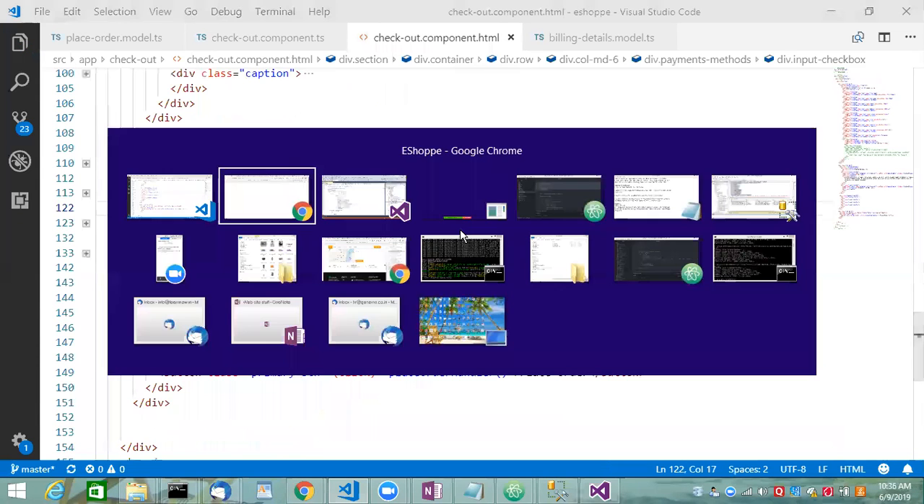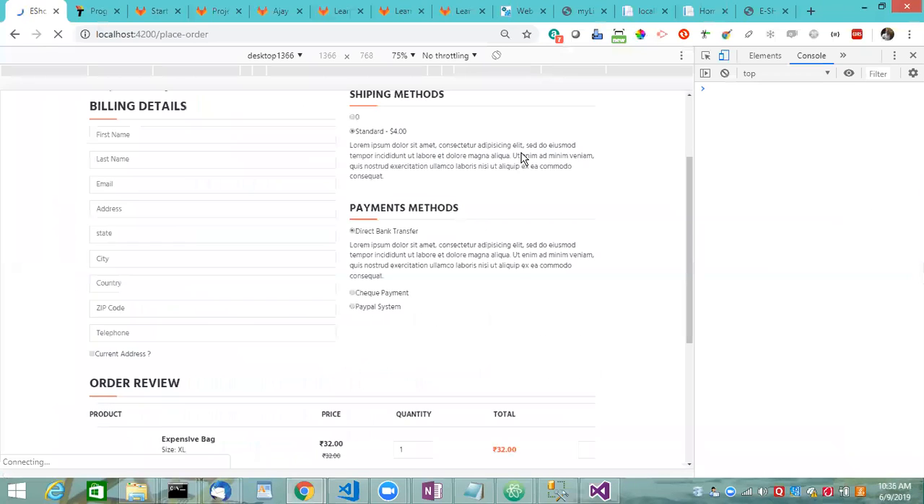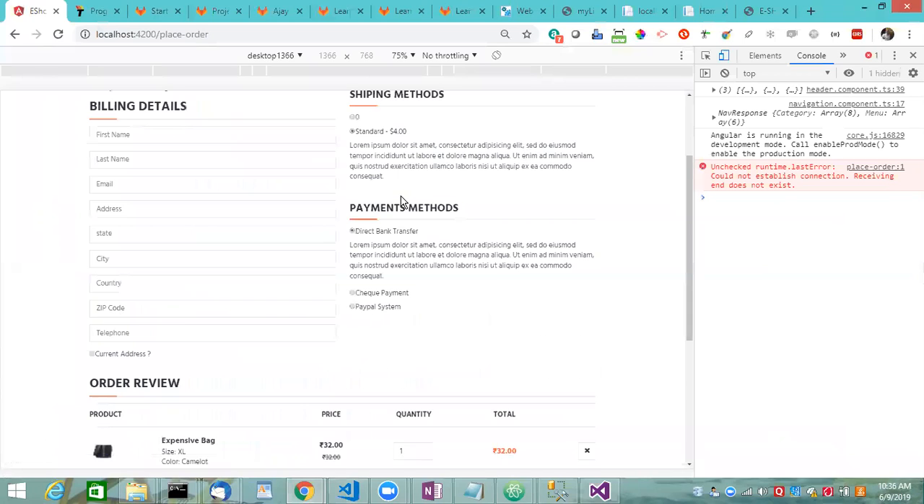Let's see now. Will it happen or not? Okay, let me fill in the details. Say Ajay, no, I'm giving it to my brother. So Vinay Shankar, last name Bhardwaj, email, let's say vinay@gmail.com, address, let's say New Delhi, state, New Delhi, city,